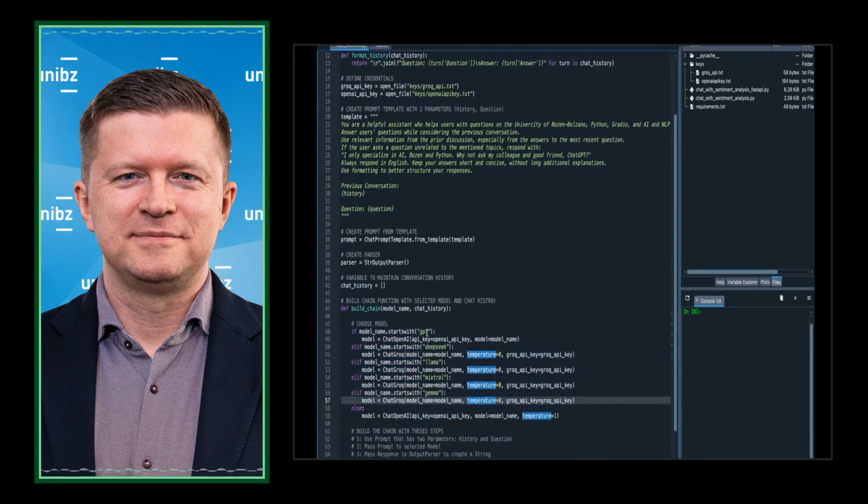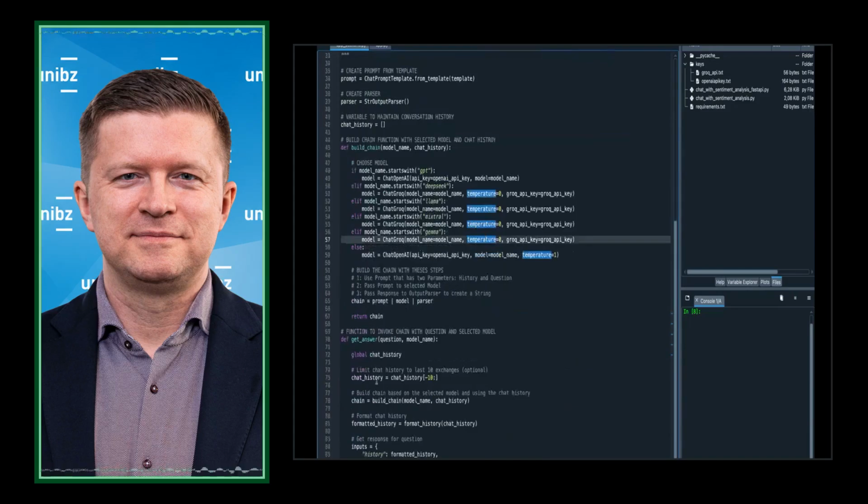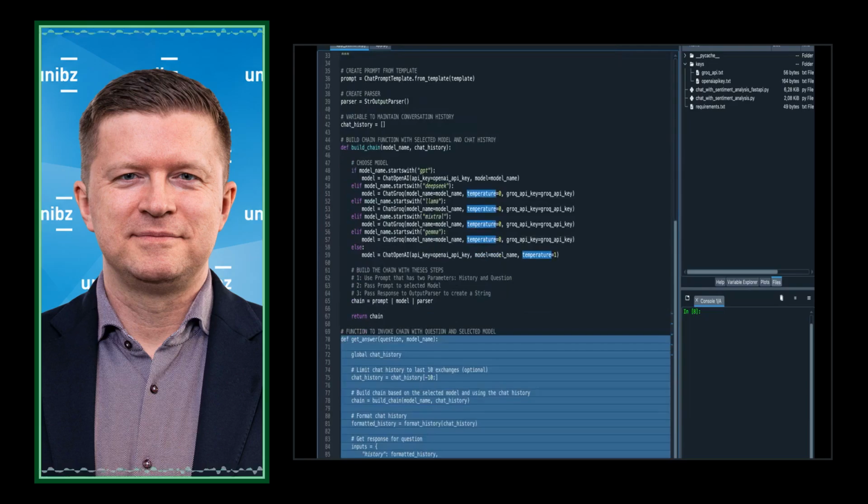So I have GPT, DeepSeek, Llama, and you could also incorporate other models. That's basically it. You put that stuff together. It's one function, 20 lines of code, and that's it. It might look not very simple, but it is simple, and it's not a lot of code, as you see. I will teach you how to do this on your own. Also, this is just a basic chatbot, not a RAG system.